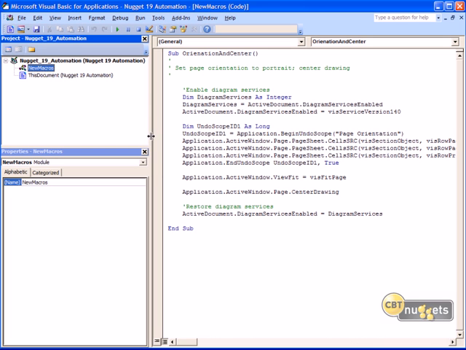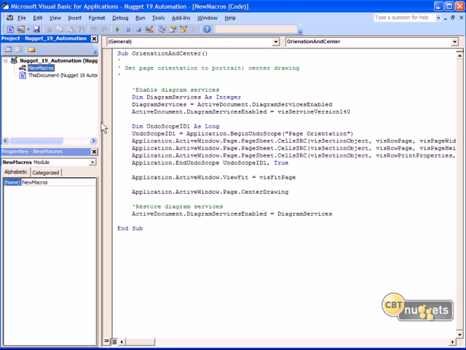Now I also mentioned that using the macro recorder and then looking at the code that's generated is a nice way to begin to learn the Visual Basic for Applications language. And that's true. You'll see here we can choose any specific subroutines that are stored within that module or file by using this rightmost drop-down. We have just the orientation and center. And yes, I see I misspelled orientation. You can actually correct that here. Once you get right into the code, you have full control over how it behaves.